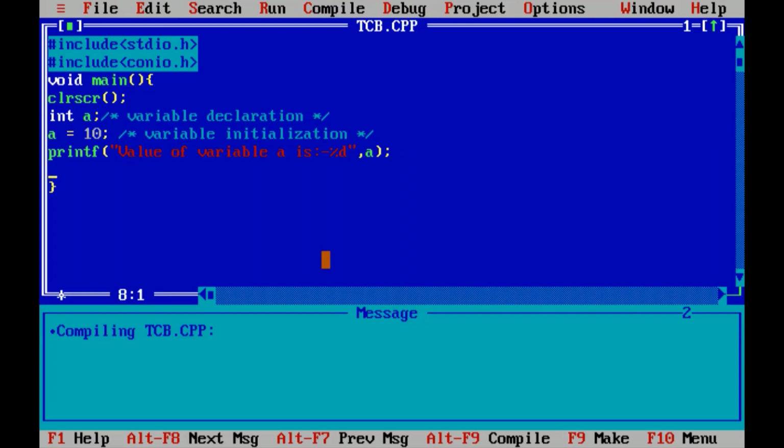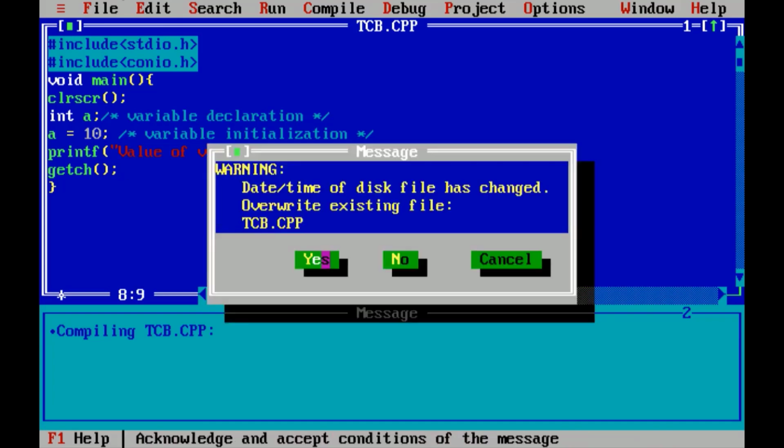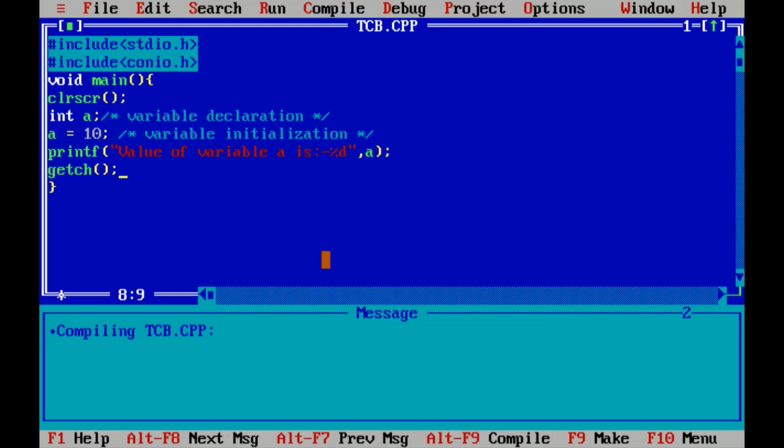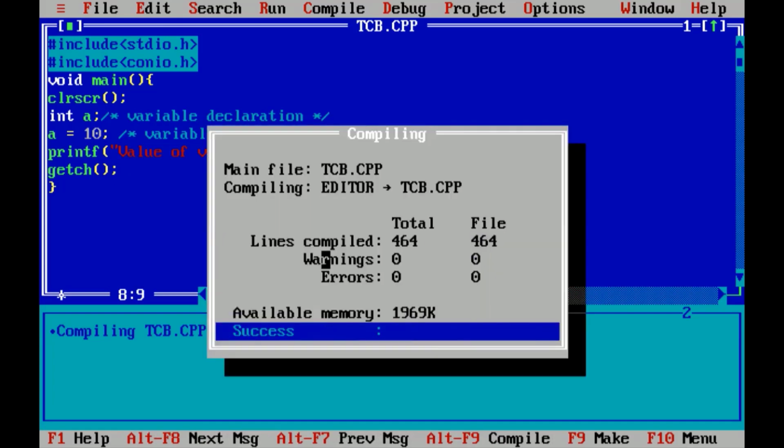And to hold output on my screen, I will have to make use of getch function, so that if I use getch function, then I will not have to use function Alt F5 to hold output on my output window. Now I will save the code once again. I will compile the code. No warning, no error message.